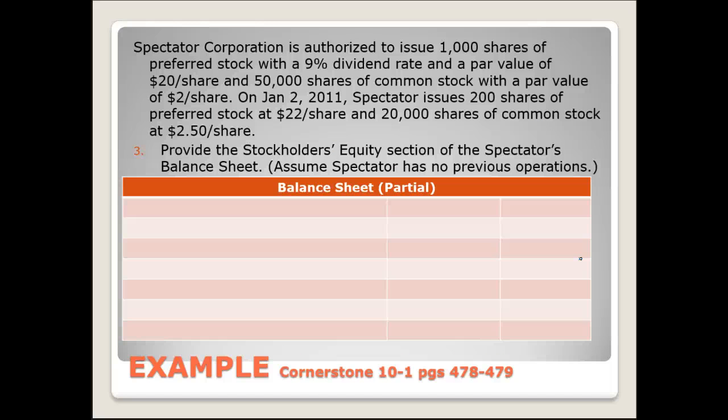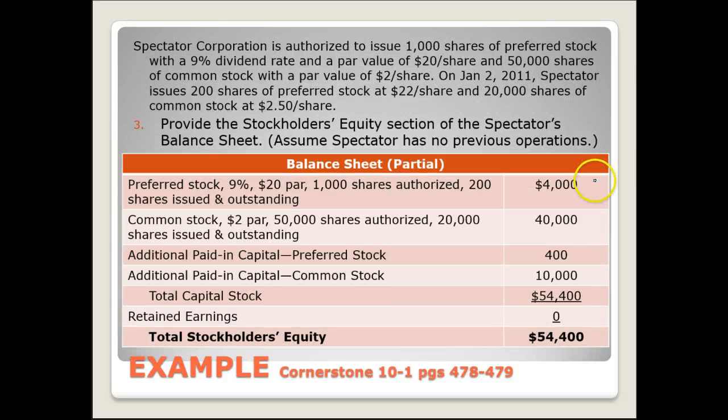Now let's see what happens to the Stockholders' Equity section of Spectator's balance sheet. We assume that Spectator was a brand new company, so that there had been no previous information in its Stockholders' Equity section before everything happened on January 2nd, 2011. Remember, there was $4,000 of par value of preferred stock and $40,000 of par value of common stock, so we entered both of those. Those had been based on par value. Then we had the additional paid-in capital of preferred stock of $400, additional paid-in capital for common stock of $10,000, and all together they had on their Stockholders' Equity section